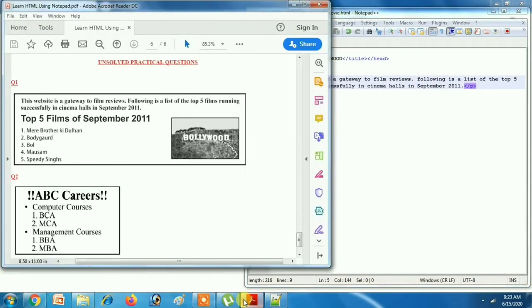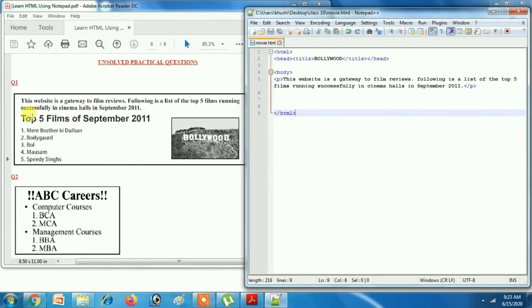Now let's again come to the screenshot. This is an H1 heading. So we will write the H1 heading over here. H1. Okay. Top 5 films of September 2011.